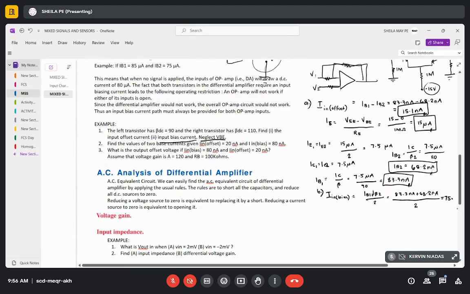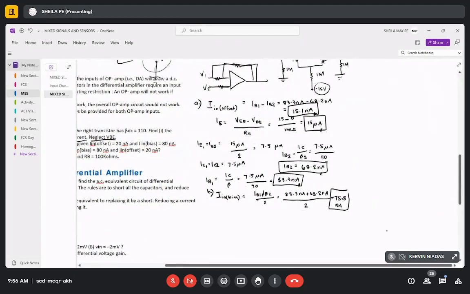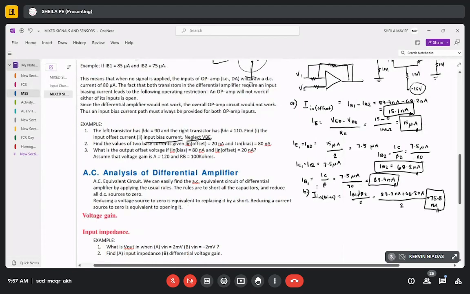Okay, let's round off. 75.8 nano. So that's our input bias current. Okay. Next, number 2,